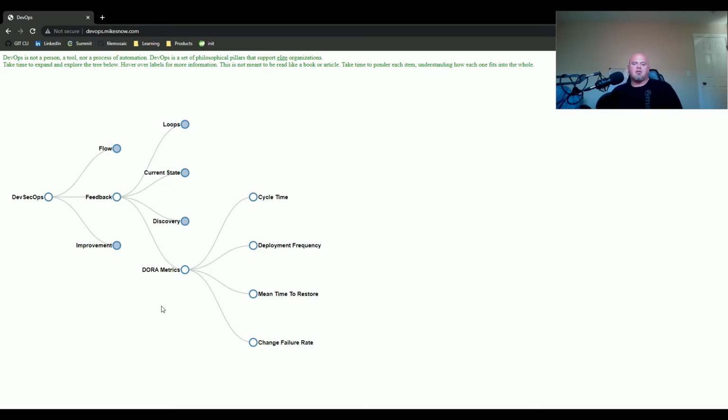Deployment frequency looks at the number of deployments that you have. So how mature is your CI/CD pipeline? How often can you get changes out into production? Of course, the shorter the deployment frequency, the more successful typically companies are. I know sometimes that gives people heartburn. There's a lot of fear around change, and that's kind of indicative of other systematic issues that might need to